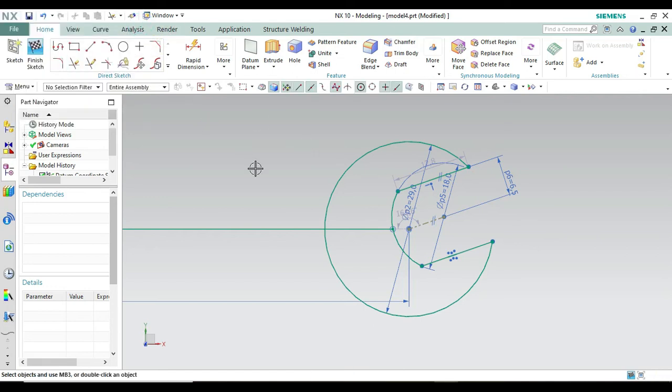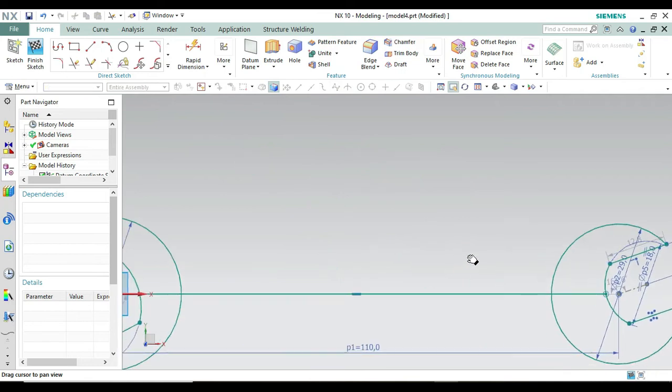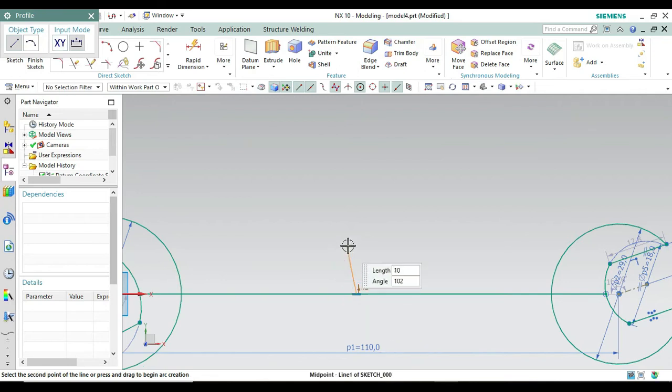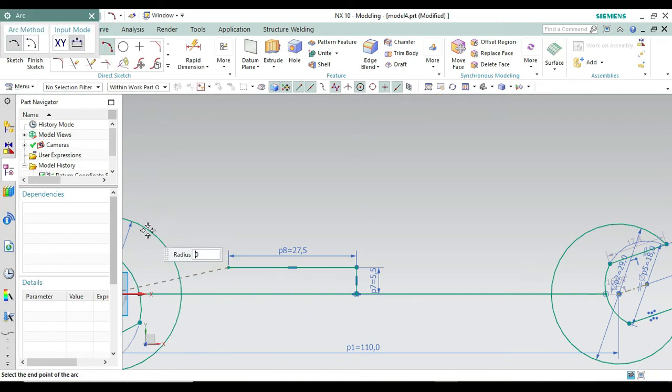Now work with the center one. Okay, let's go to the center one like this and use the profile command. From here go up to 5.5 and angle 90, and in the 180 make it 27.5 like this, and 180. Okay, now use the arc command like that. Select this one and select any point on the curve like this and make it 47. Okay, like this, and select